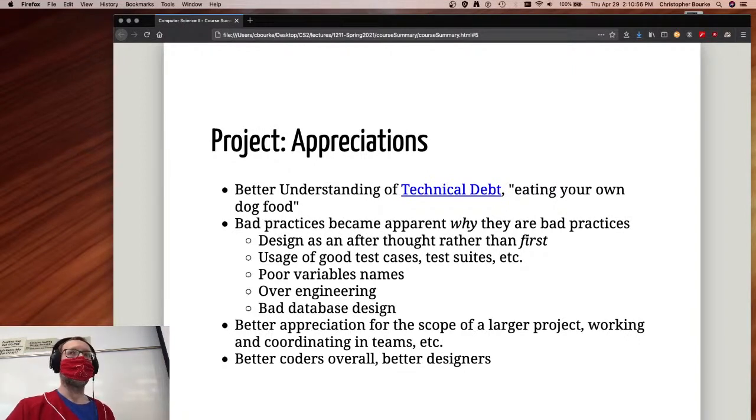Even simple things like poor variable names, right? I shared a story of another class that I had where I was trying to troubleshoot this code with another student, and they had this counter variable with a particular name, and so I assumed that it was referring to one thing because that's what it said, right?